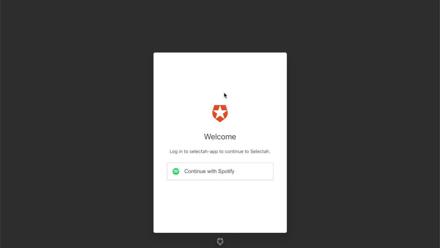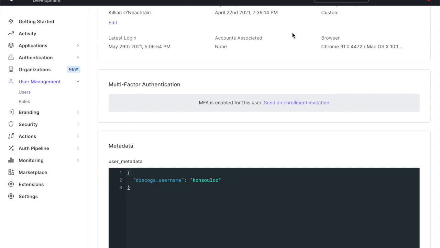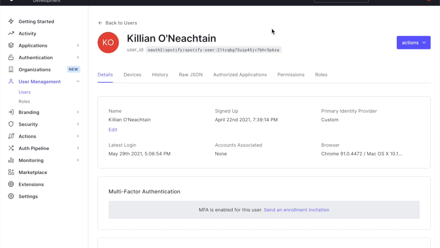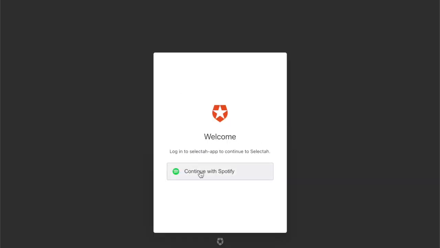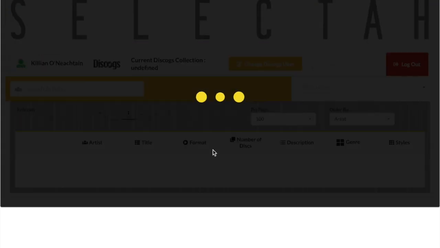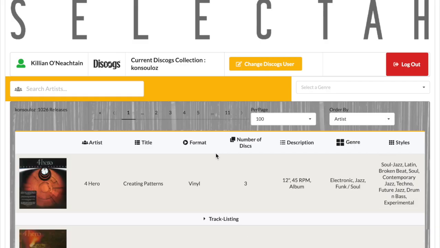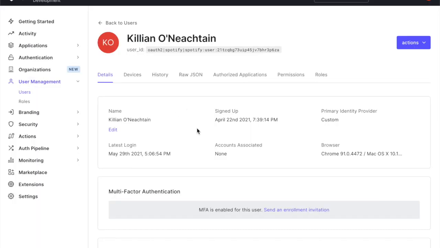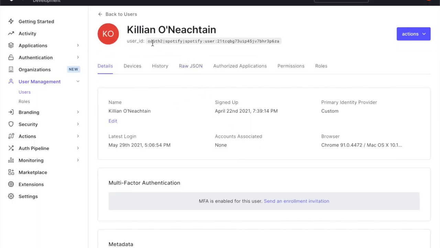So I created the login here using Auth0. I just decided to pick this and only log into Spotify. I'm not storing any passwords or anything. Basically, you log in, you're authenticated through Spotify, and the only thing I have here is the user ID,